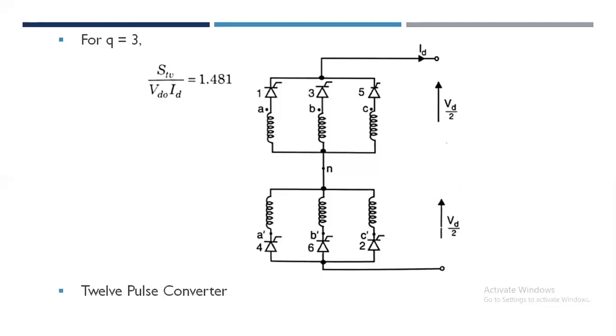The last one, 12 pulse converter. In HVDC transmission, the series connection of converter groups has been preferred because of the ease of control and protection as well as requirements of high voltage rating. Thus, a 12 pulse converter is obtained by the series connection of two bridges. The 30 degree phase displacement between two sets of source voltages is achieved by transformer connections, star star for feeding one bridge and star delta for feeding the second bridge.